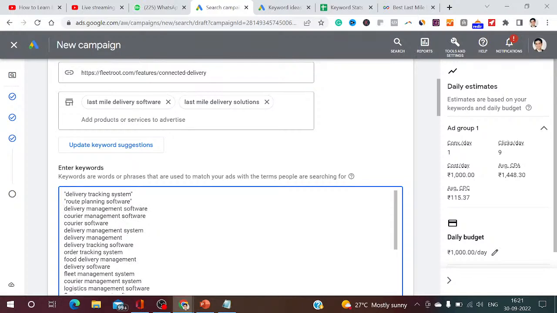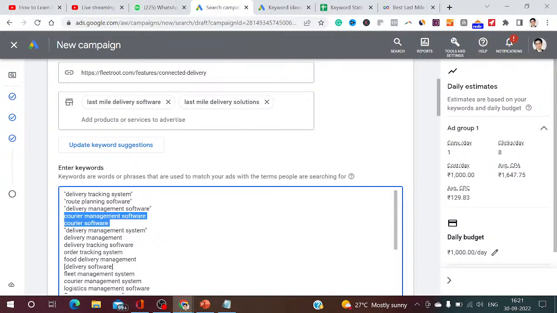Then delivery management system, phrase match. Then delivery software, I'll keep this as exact match. So remaining keywords I'll remove,